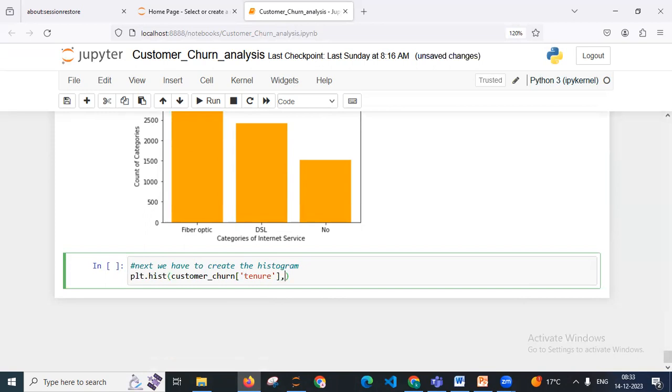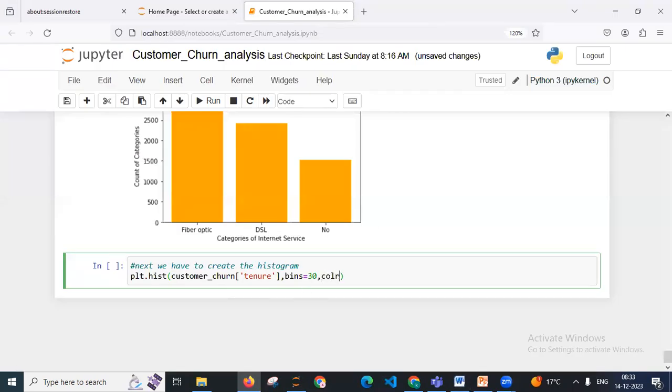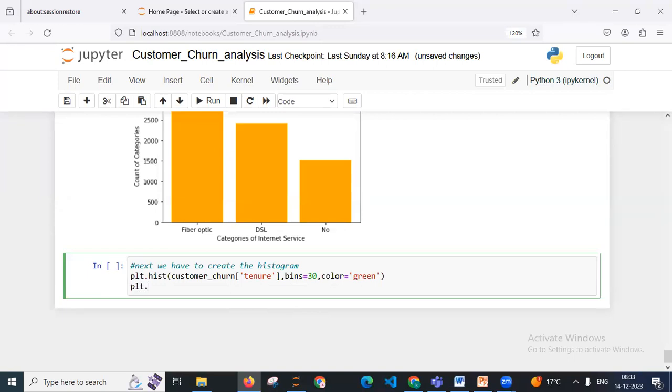Now you all know a histogram requires some bins, groups of data, right? We have to create the bins for the histogram. You can write bins is equal to 30. Set the number of bins to 30, and set the color of the bin to green. So the color of the bin you can set to green first, and next you have to add